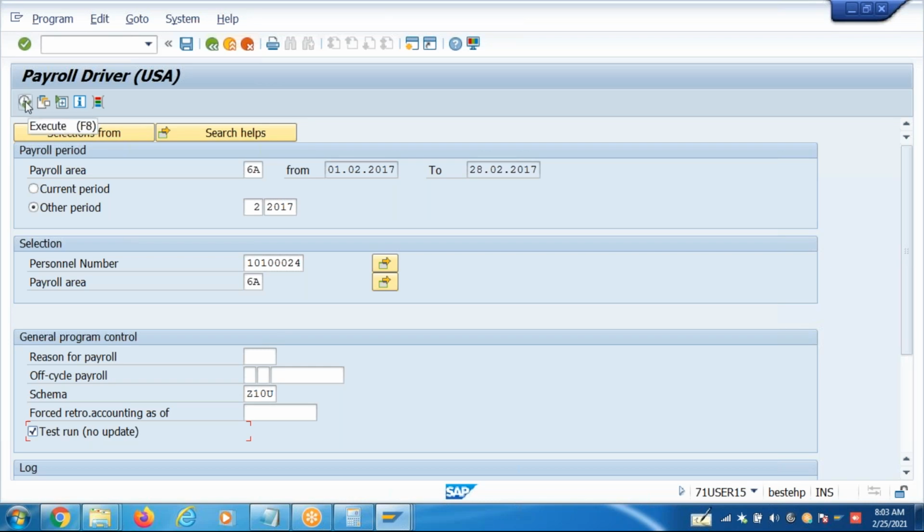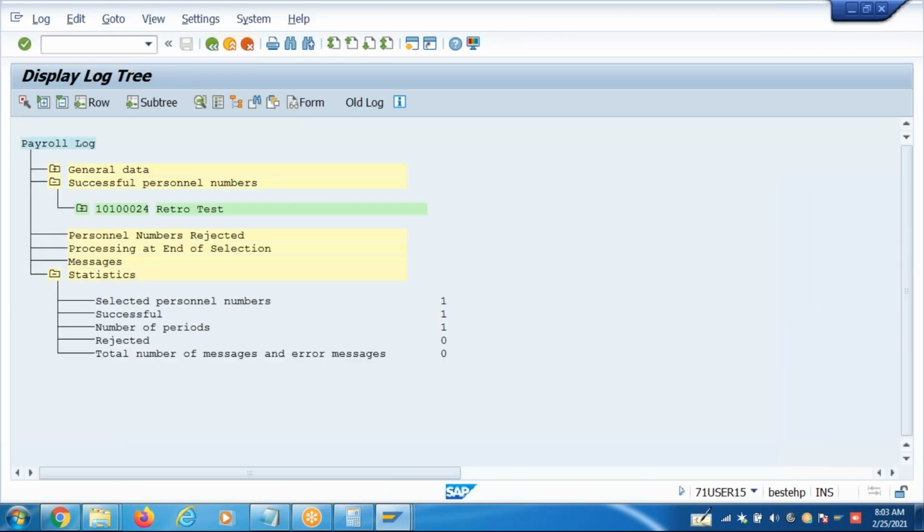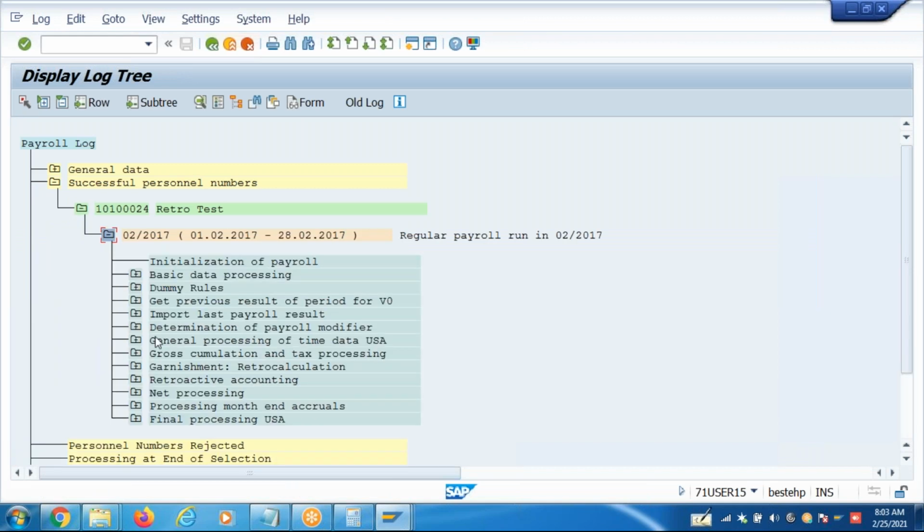Anyone? So what are the values stored in arrear table? It will be 6,000. Okay, 1,000 in the first wage type, 2,500 and 2,500 in the second and third wage types, right?